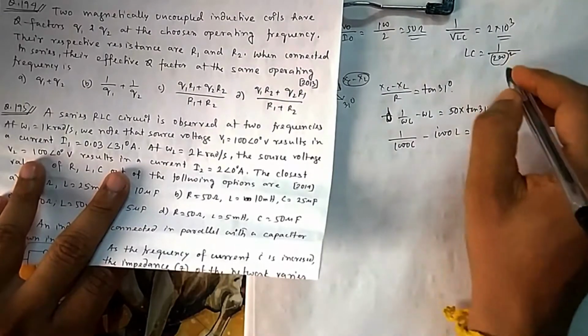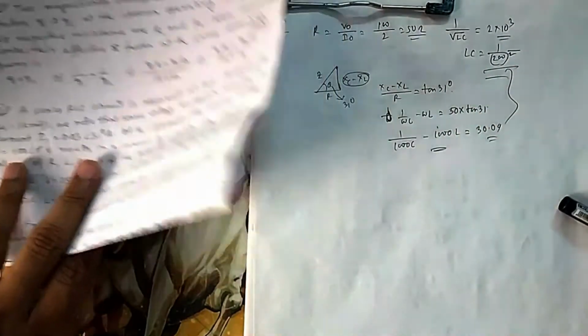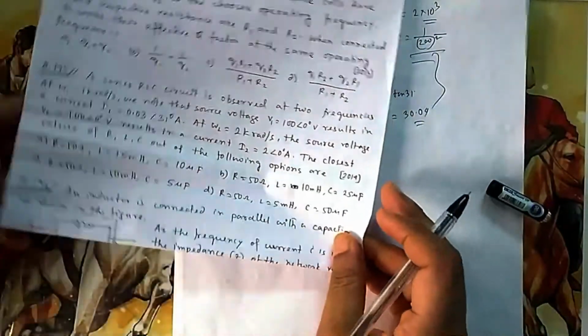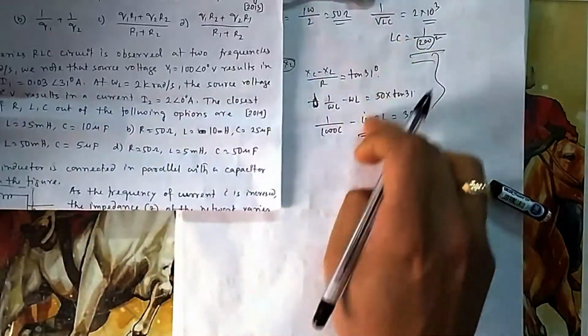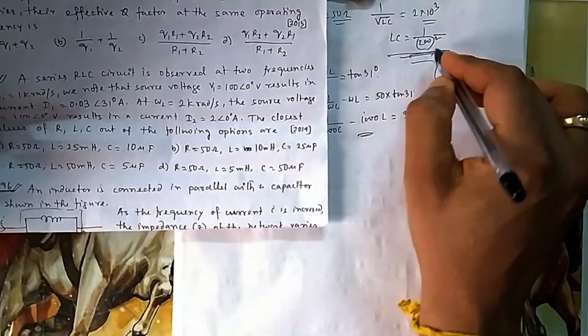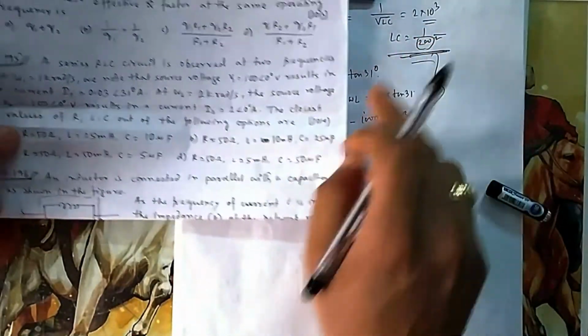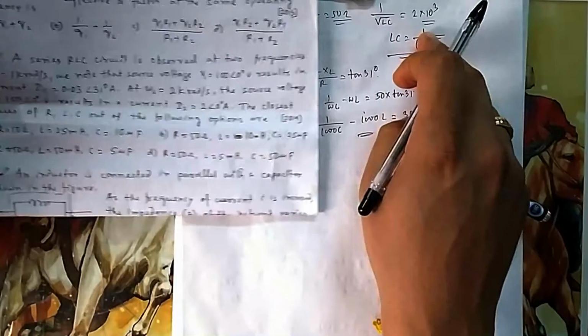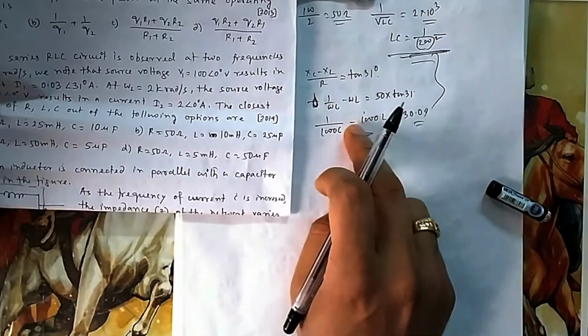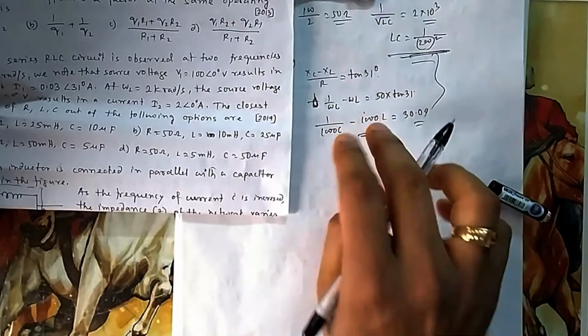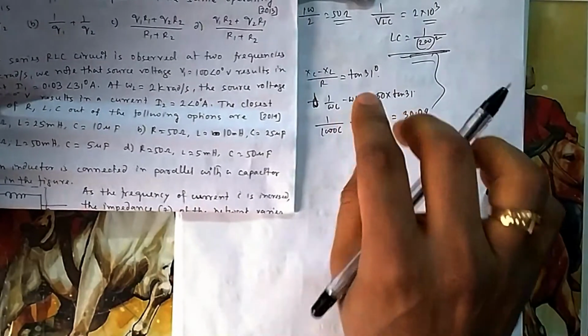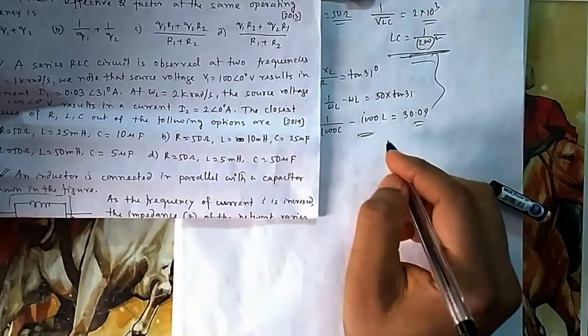Now you can try solving these two, but I will prefer you don't. You put options. Which option satisfies both of these? First you check with this. If only one option satisfies this, then no need to go to the other one. Suppose two options satisfy this, then you check both those options here. Any one of those two will satisfy this also. The one which satisfies both will be your answer. So that is option B.